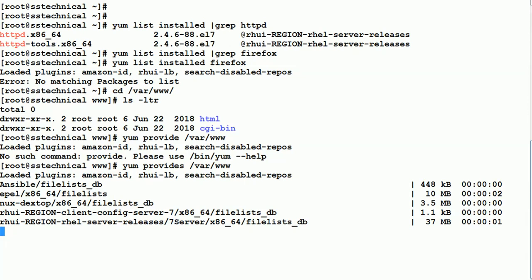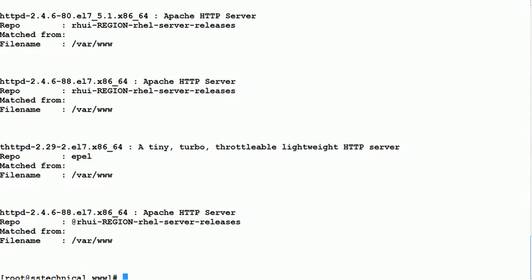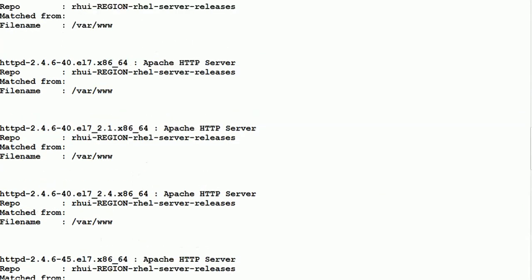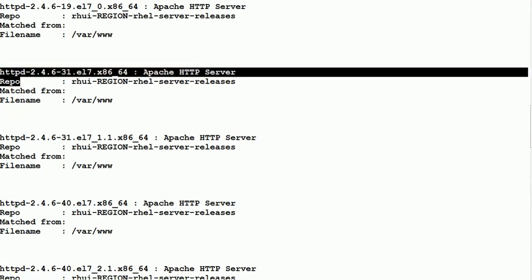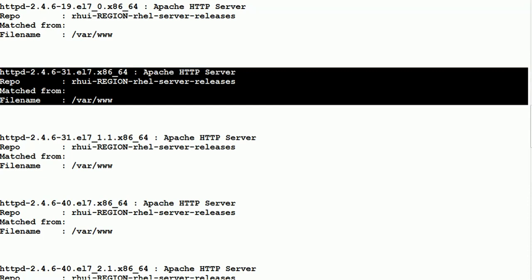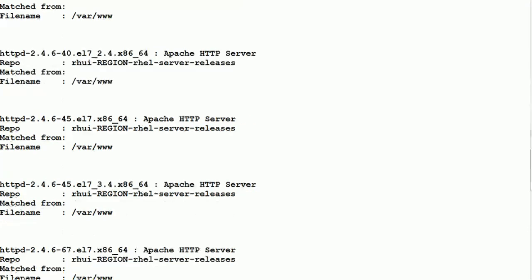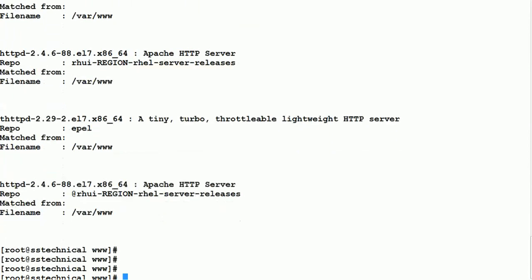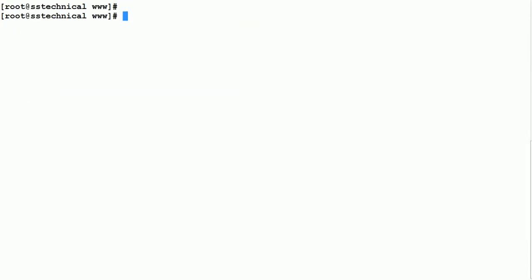So it is searching all the repositories, and then it is showing us that these repositories will make use of this particular file name. This file name will be created by any of these repositories. We can see that httpd will also create this particular file name. If you are not aware of how this folder got created and which package has created it, you can do yum provides. You can also do yum whatprovides,